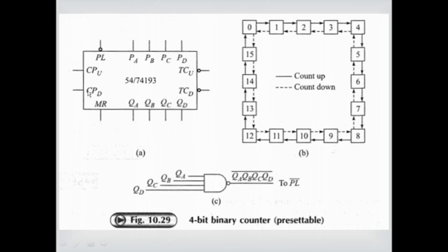Similarly, if the system clock was applied at CPD, then the content of the counter is decremented. That means from the state 0 it will go to the state 15, which is shown by the dashed arrow, and with the next clock pulse it will be decremented again from state number 15 to the state number 14. Again it is shown by this dashed arrow. So, in this direction it is going to be progressing. That means it is working in a countdown mode. So, this way this IC is going to normally function,